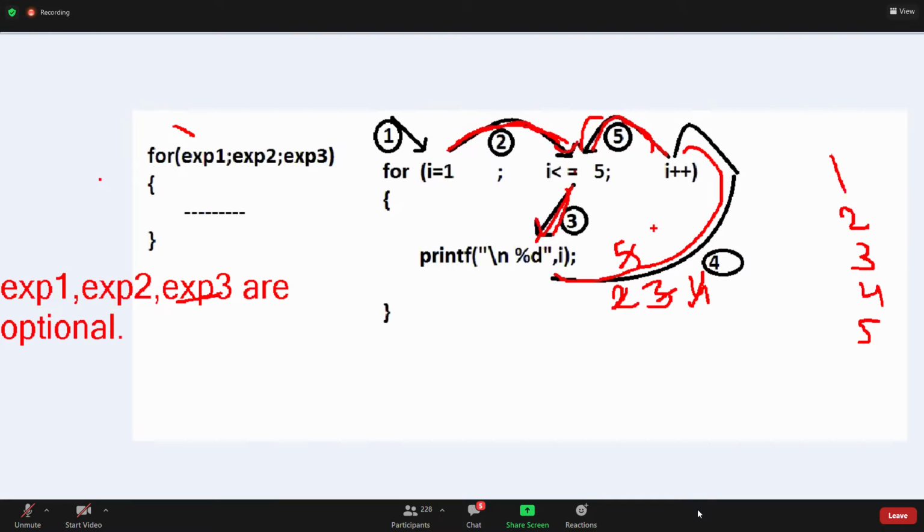Again i plus plus, 6. 6 less than or equal to 5 is false, it comes outside. And the answer is what, guys? 1, 2, 3, 4, 5. Guys, what is the output? 1, 2, 3, 4, 5 is the answer.